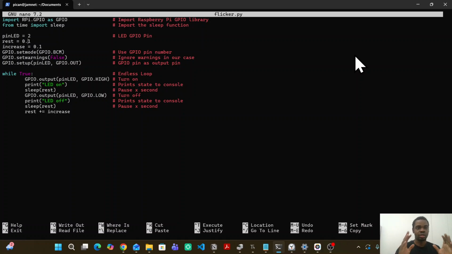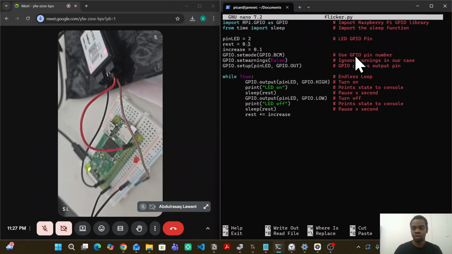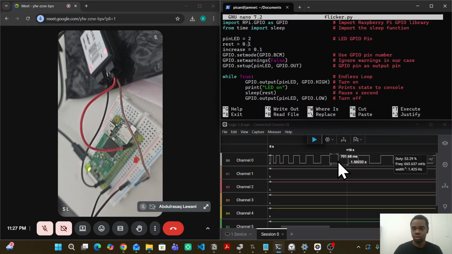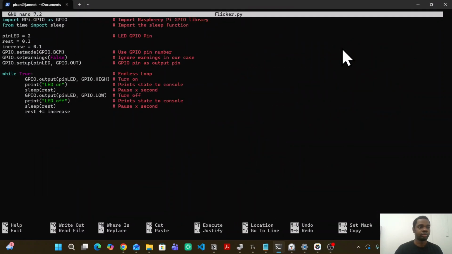A cycle is when you get the waveform on and off. Goes on, off. That's one cycle. So for every cycle, there's a 0.1 second increase, and it starts with 0.1,